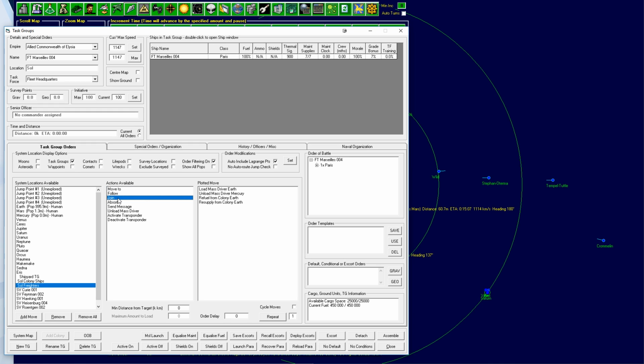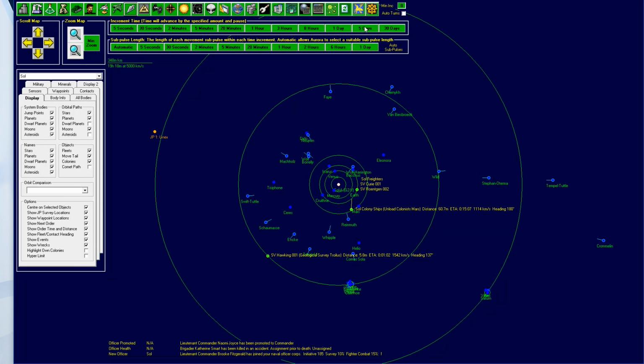Freighters, join. So what they'll do is they will take a mass driver from Earth. They will then take it to Mercury and unload it. They will then refuel at Earth, resupply at Earth, and then join the Sol freighter group. So that should sort that one. We'll have to tell the mass driver where to fling stuff. How long do you think this is going to take? Like 3 days? Nice. So if we skip forwards 5 days...